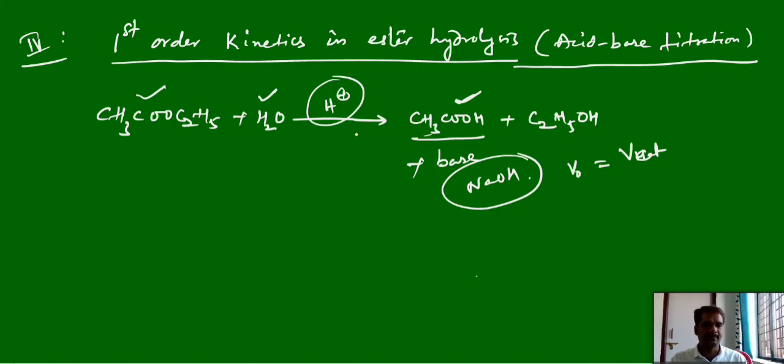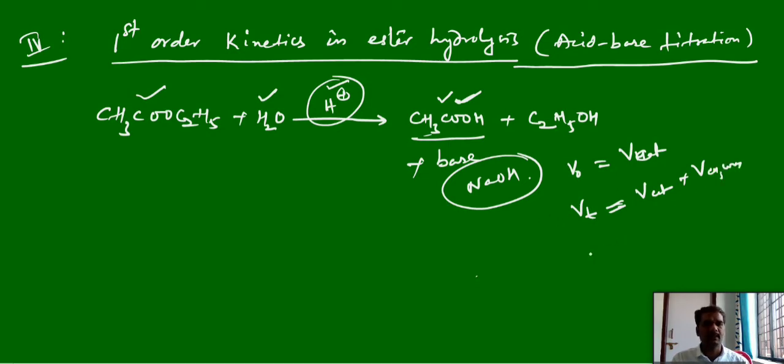Then after 0 minute, slowly the production of acetic acid can start. Then the volume of sodium hydroxide added after some time t, what is there in the reaction now? We have the acetic acid. Anyhow, the catalyst amount will not change. What is the role of catalyst? It will just alter the reaction, but the amount will not change. It is constant. The amount of sodium hydroxide you added should be equal to the volume of acetic acid produced and also the volume of catalyst present. So at time t, Vt is equivalent to the volume of catalyst plus the volume of acetic acid produced.